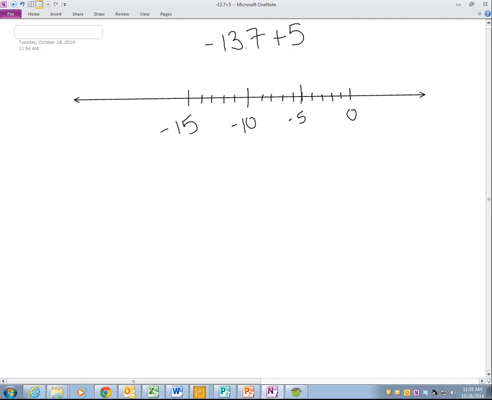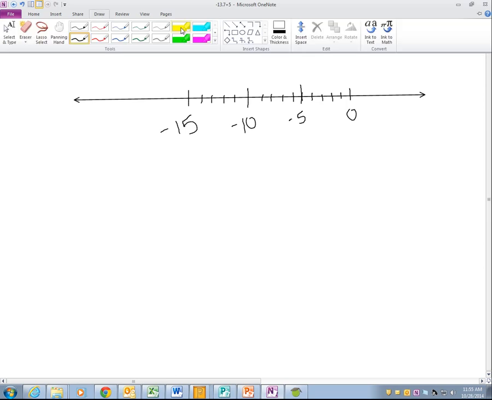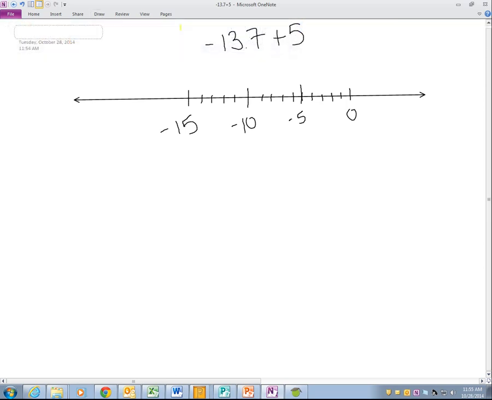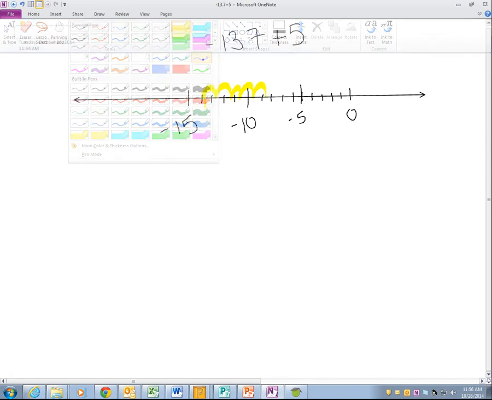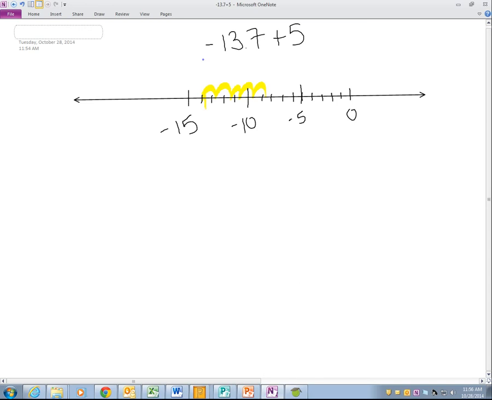So when we're doing negative 13.7 plus 5, we're at negative 13.7, which is going to be 1, 2, 3. We're starting there. When we add 5, we're going to be going 1, 2, 3, 4, 5 to that spot. So we're still in the negative. So when we're going positive, when we're adding 5, as far as the signs go, is it going to be